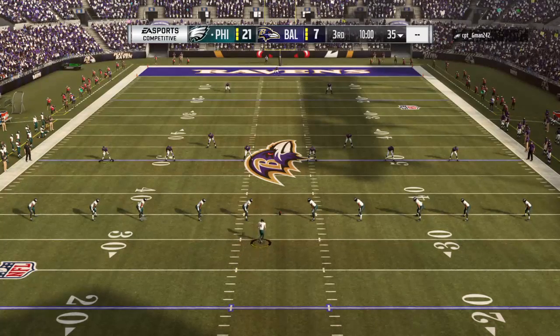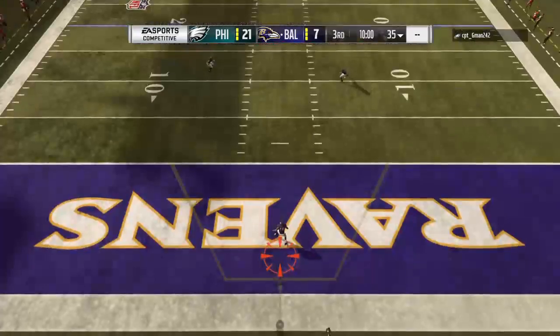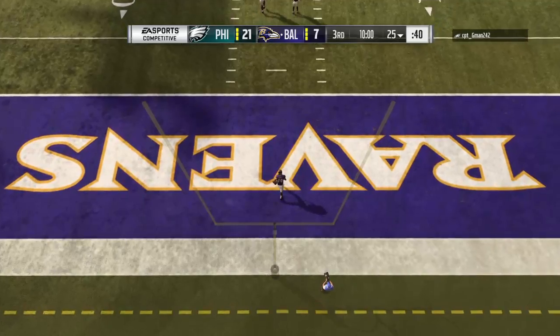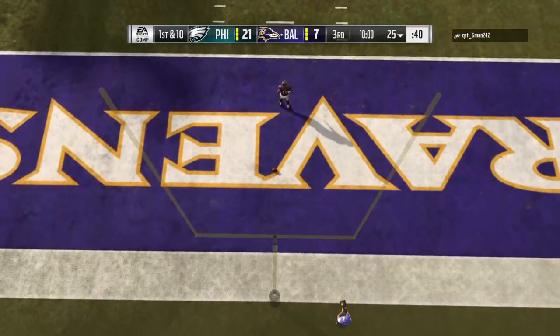Elliott now to kick this one away. This will be taken to the back of the end zone. And no run back here. This will be a